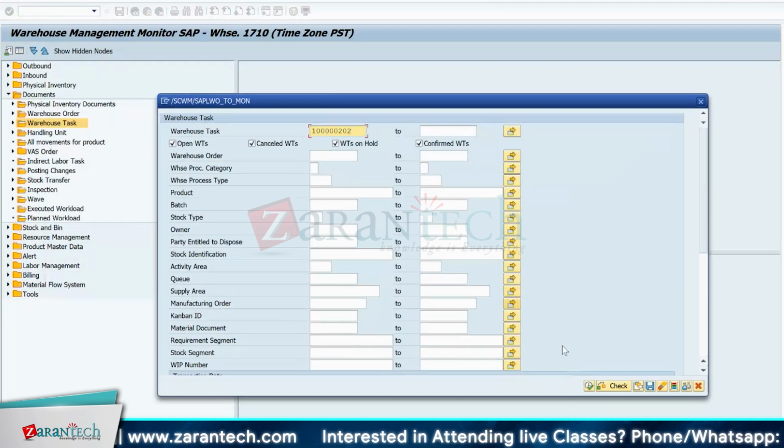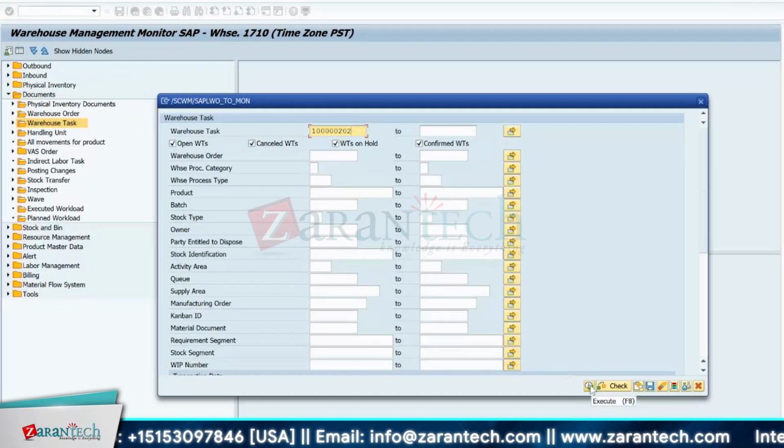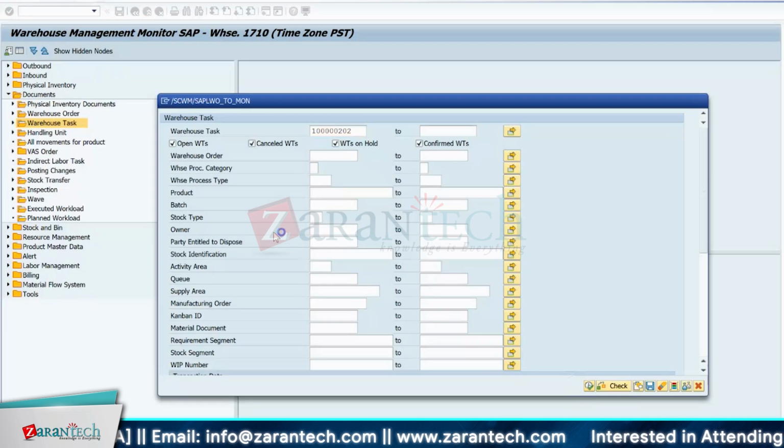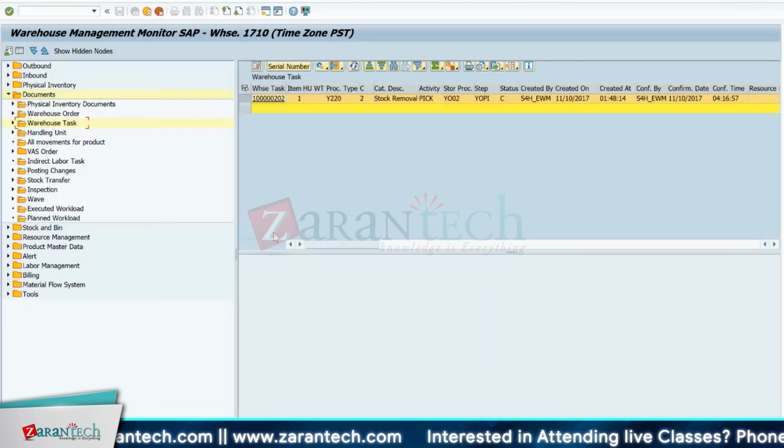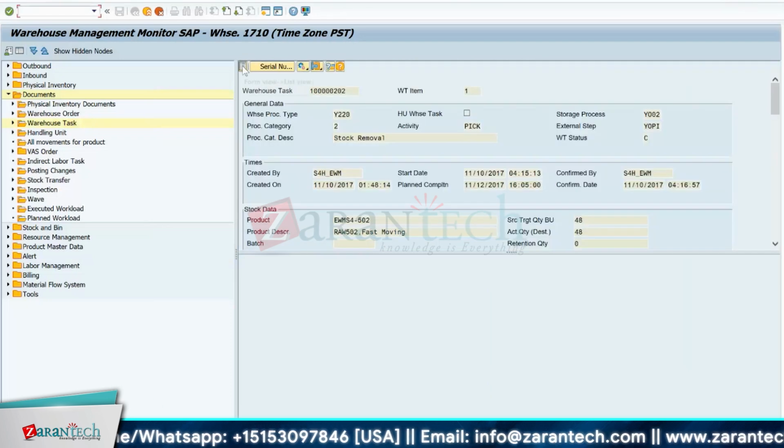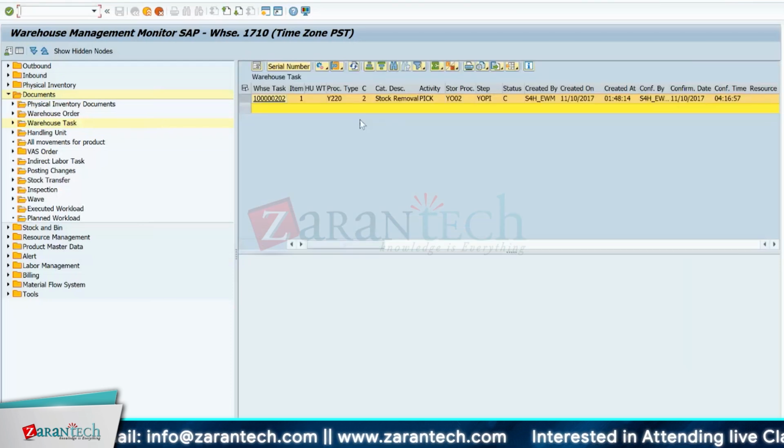So we have copied that warehouse task, and I will use all these checkboxes: open warehouse task, cancel, WT on hold, and confirm warehouse task, and I will execute it. Why am I doing it? Because I did not check the status of the warehouse task in the table. Okay, so you see this is a warehouse task number. So let's see now. This particular icon in EWM is called the form view. Okay, so the form view, basically what it does is that it opens up